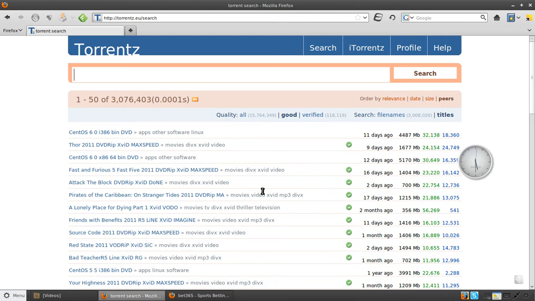One of the very popular methods of downloading movies and documentaries from the internet is by using torrents. Now let's see how we first of all get hold of torrent files and then download the documentary or the movie. So you have to go to a search engine which lists or which has a directory of torrents. So I'm now here on this site called torrents.eu, and I'm going to search for some BBC documentaries.